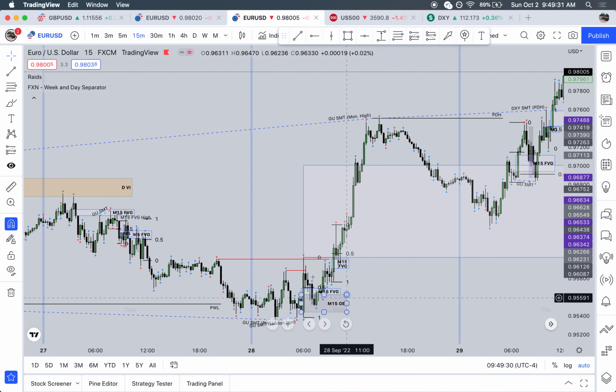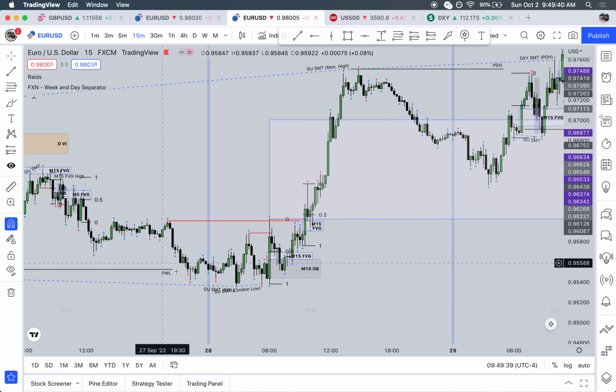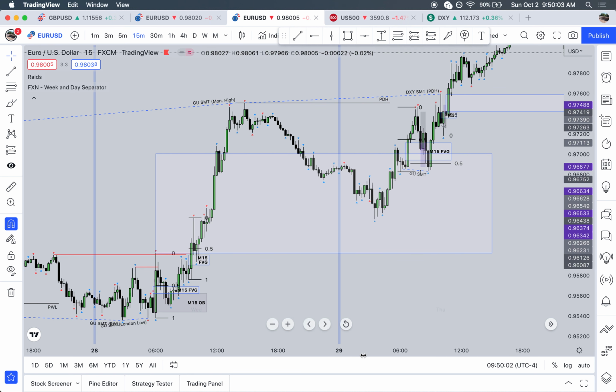And especially because this is now a Wednesday, right? So we're blending all of these concepts together, where Wednesday formed the low of the week with SMT and a raid. So that's a high probability that the week is going to be bullish, coupled with the fact that it's September 28th, and we formed the low of the month here on a Wednesday, raiding previous week's low with SMT. So it's highly likely we're going to retrace into the monthly range. So that's why on now Thursday I was looking at longs,